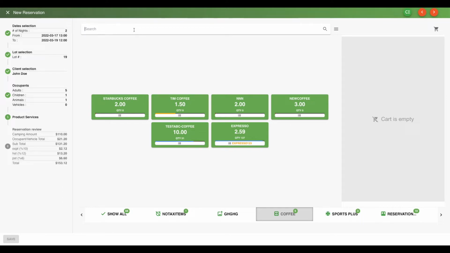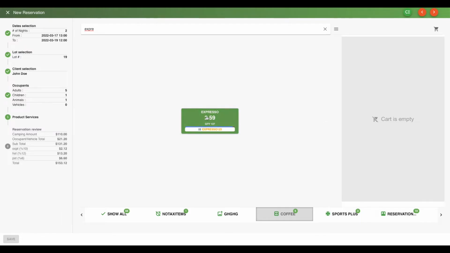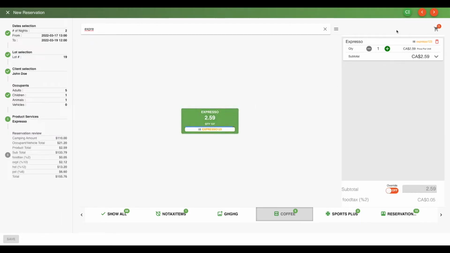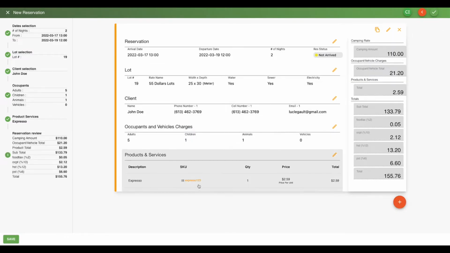In our case, we're going to type in the description we're looking for, which is espresso, and I select the espresso item, and it's added to our cart. Now once the item is added to our cart, we can either remove them, add additional items, and so forth. Now moving to the last part of the reservation is the reservation review. At this stage, the reservation is still not created. However, it allows you to either edit any part of the reservation, duplicate this reservation, or X it out, so